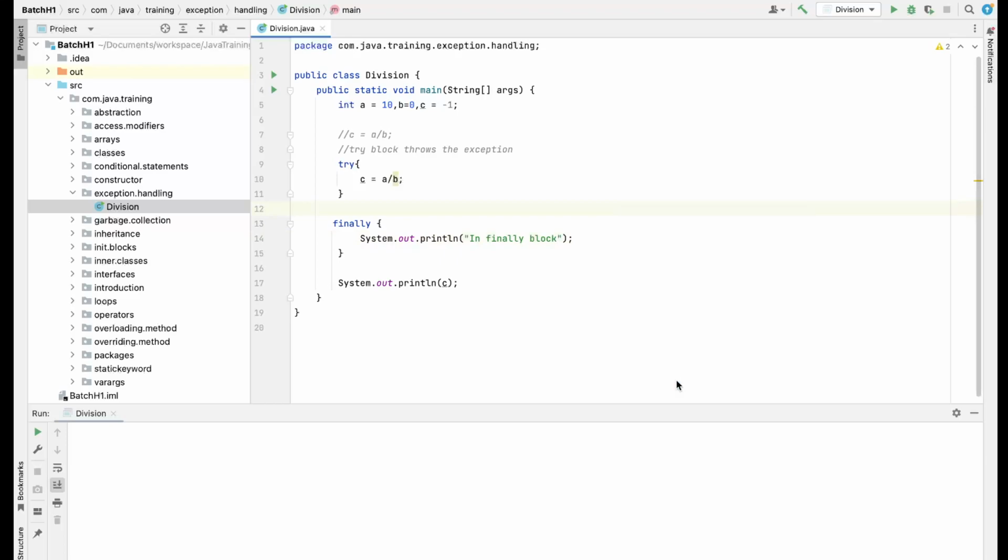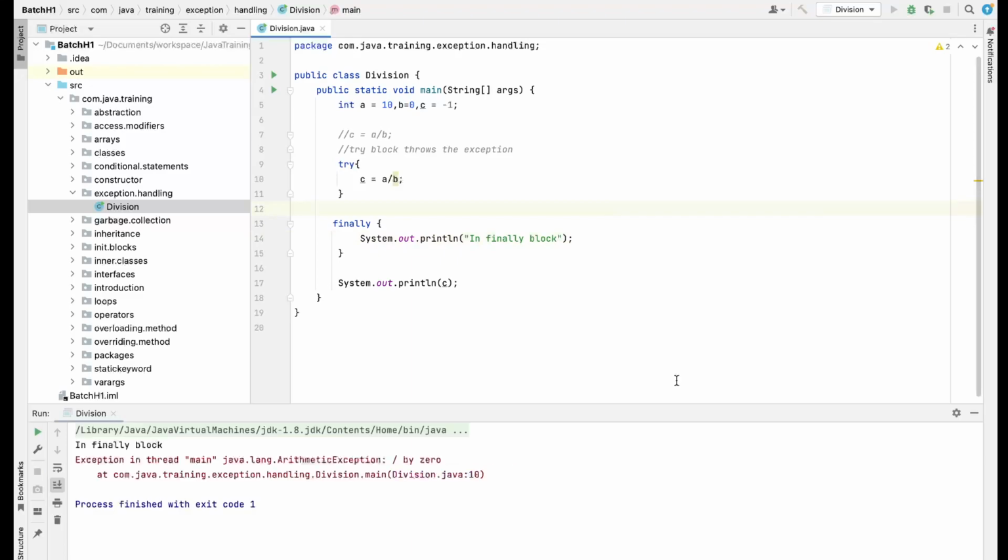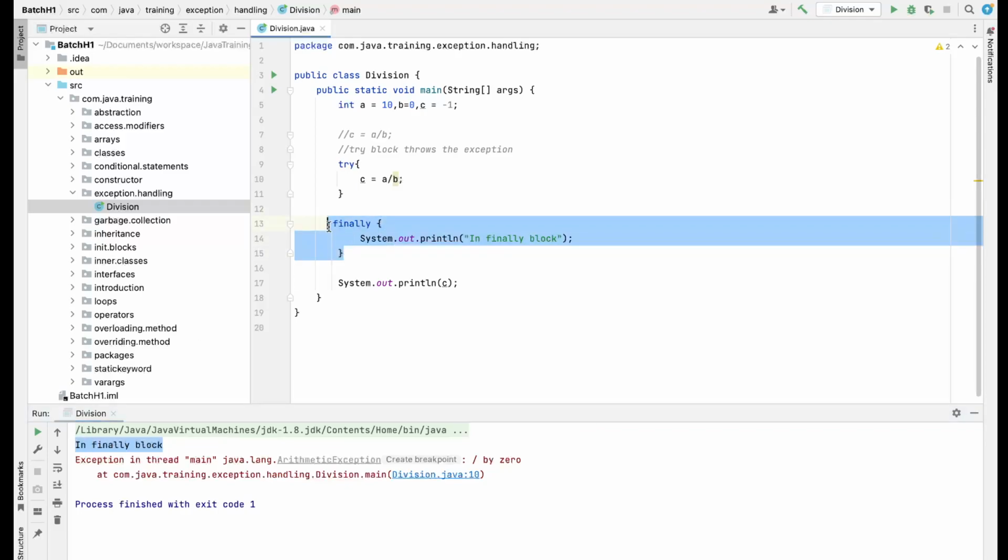In the finally block, and then you are running this. So you are basically able to see in the finally block, this will always be executed. This piece of code will always be executed. And we basically use this finally block